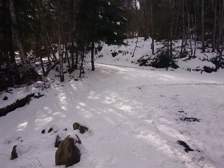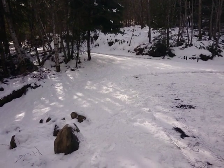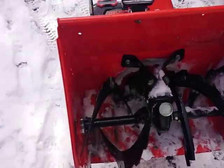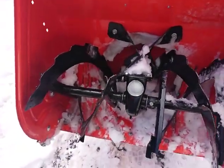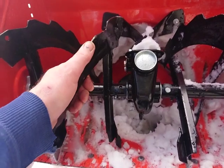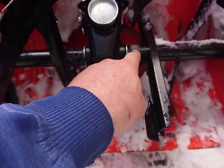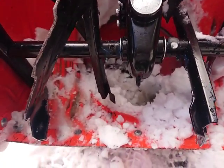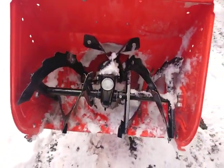Good afternoon. So you're in the middle of doing some 2 to 3 inch wet heavy snow and on a gravel driveway. You're going to come into this sort of problem on a regular basis. You can see right in there should be one of these shear pins. Fairly simple subject, but I thought I don't see people doing this very often, so